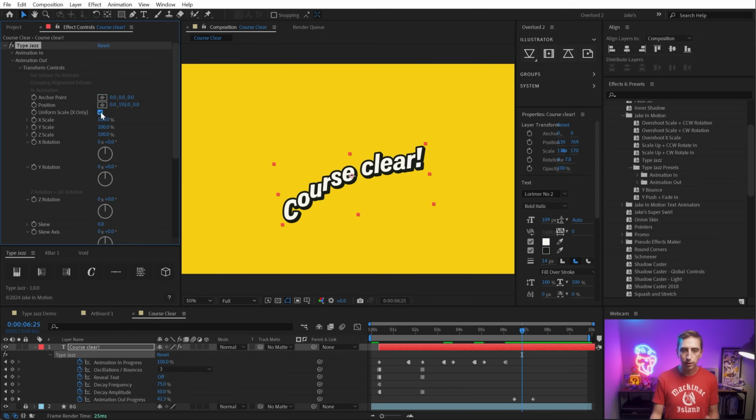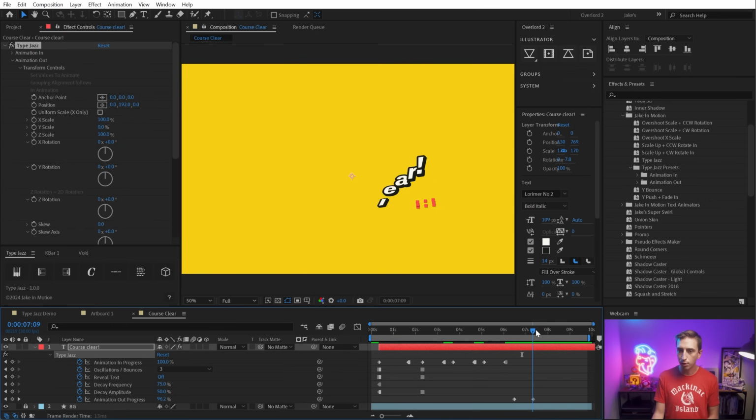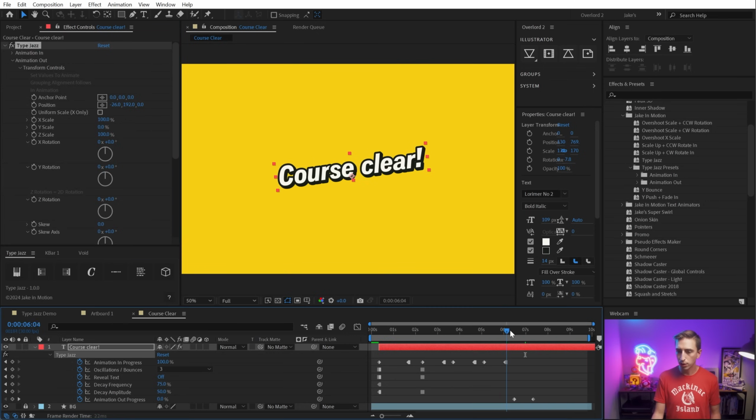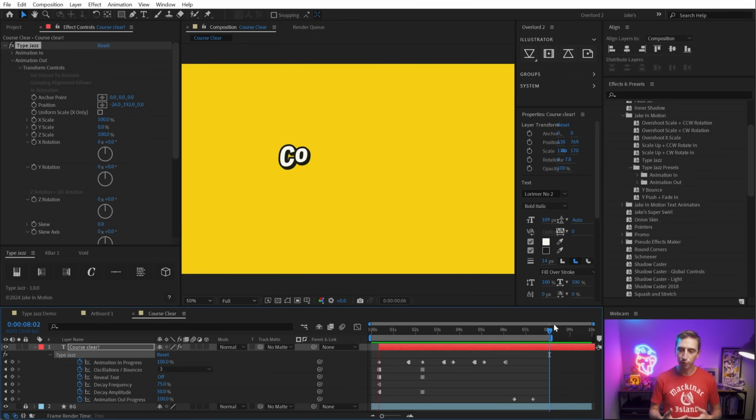Why don't we unlink the X and Y scale, turn the Y scale down to 0, and now it's going to move down and collapse in on itself. And let's back this up a little bit so that it's moving a little bit more straight down. And now we've got our looping text animation that'll play through the bounces at the beginning. It will loop through those custom bounces, and then it will animate off in a linear way before looping again